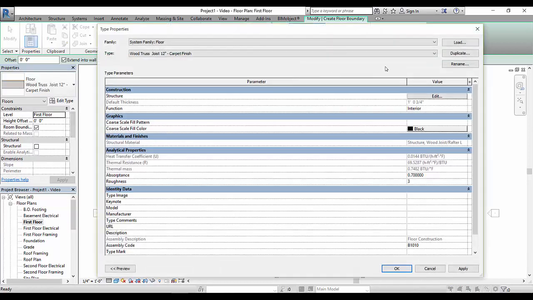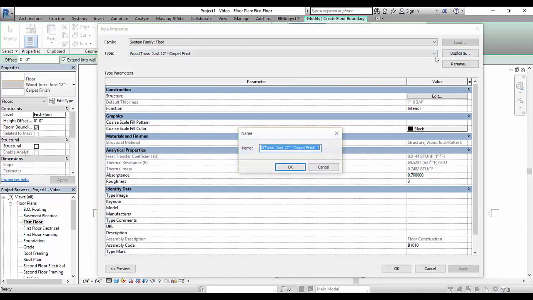And I'll edit its type and duplicate it. I just don't want to be having carpet going underneath my walls, so I'm going to take off the carpet finish and just have a wood truss joist with subfloor